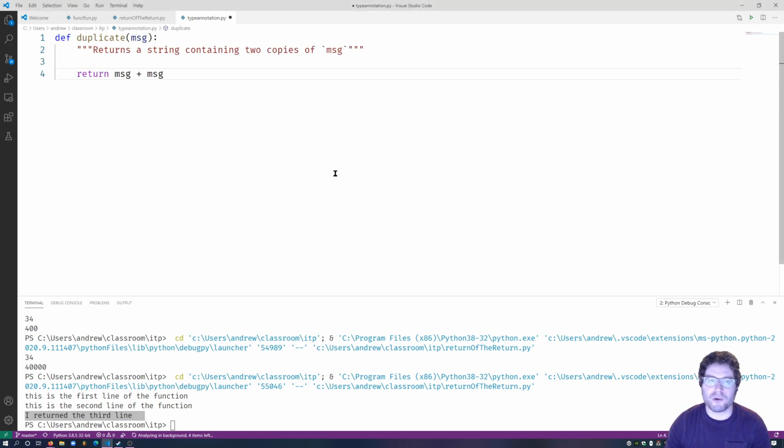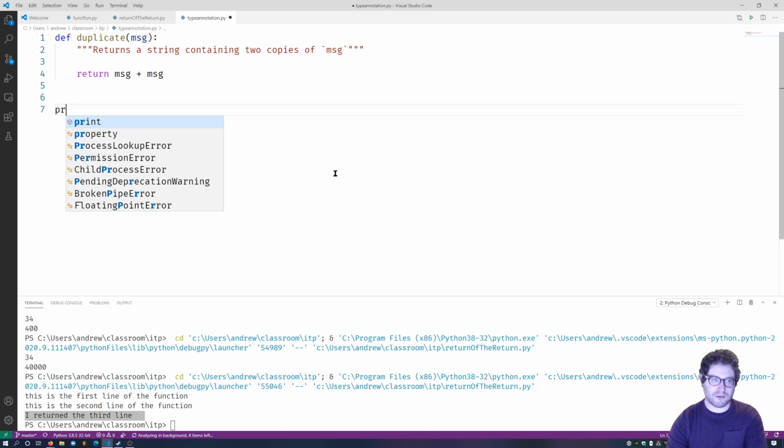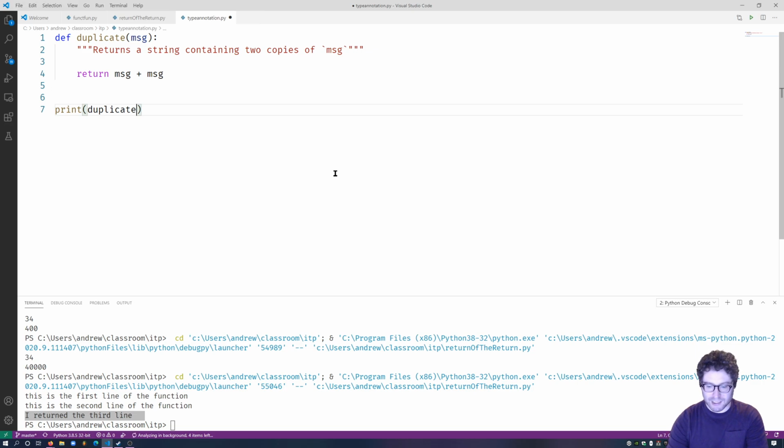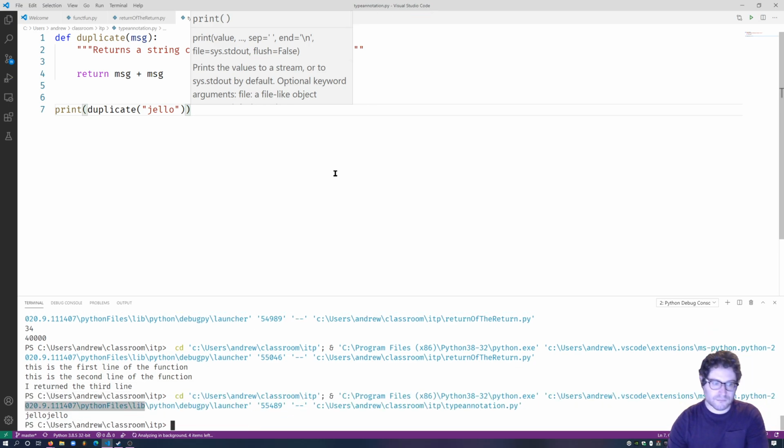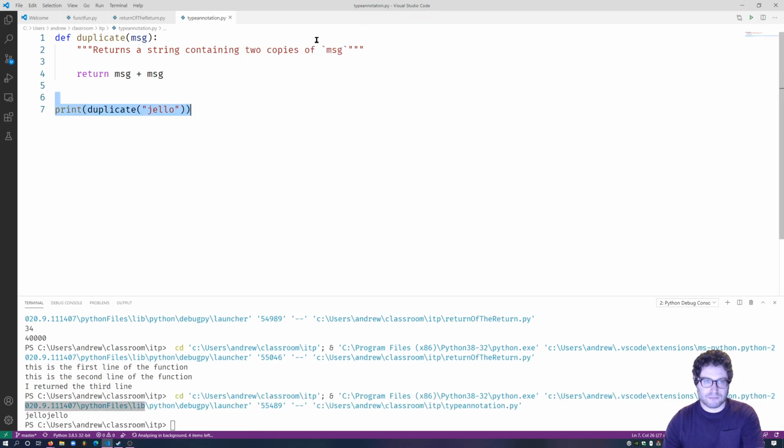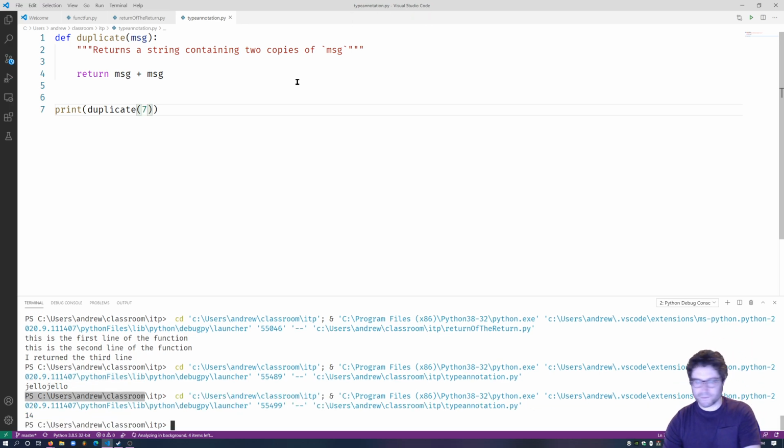Right, I'm going to pull it from over here. Duplicate message, right? We've got over here, returns a string containing 2 copies of message, right? So if I were to say print duplicate, let's go with Jello. It'll do Jello Jello, right? Because we've got duplicates a string, but even though it says returns a string containing 2 copies of message, and even though we'd like message to be a string, there's nothing stopping me from putting in 7 and getting 14 back. However, I can let the user know, or at least I can let my fellow programmers know